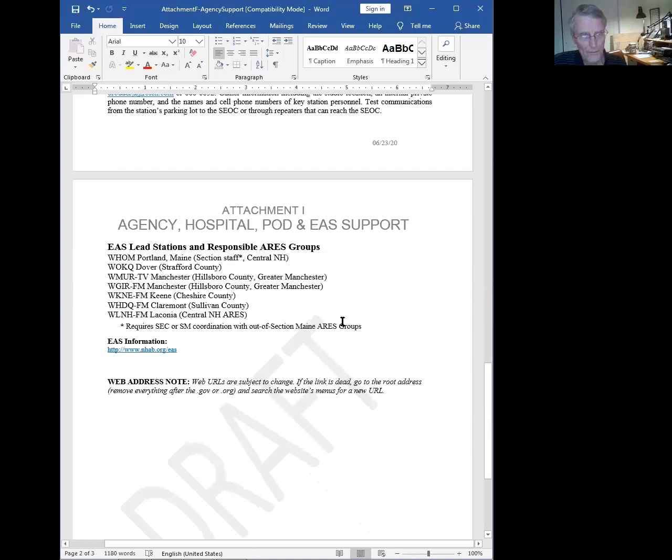Yeah, so the areas that are going to be affected are going to be Central New Hampshire, Stratford, Hillsborough, Greater Manchester in both cases. Here's 2 stations. Cheshire County, Sullivan County, which is covered now by West Central. And then we have Central New Hampshire for WLNH. I don't think we've got anything like a clear path into Sullivan County. That would have to be a relay. We got a hill. Bly Hill and Newberry is a perfect hill for that. Well, it could be fun to get up in the middle of winter.